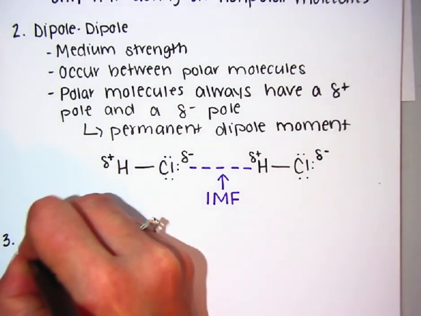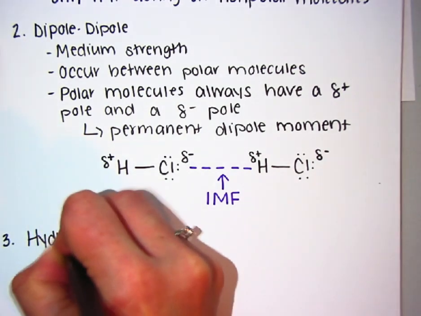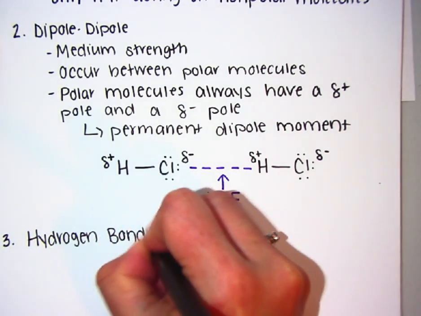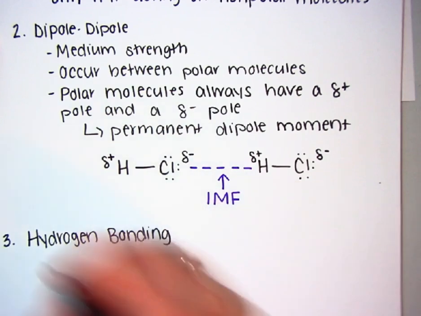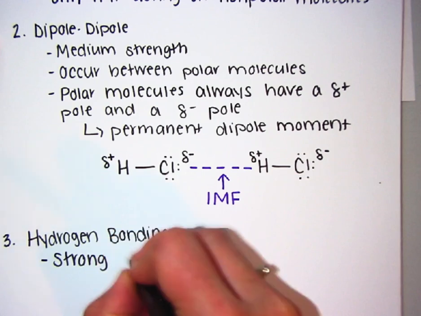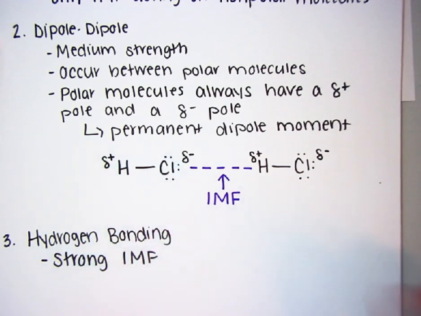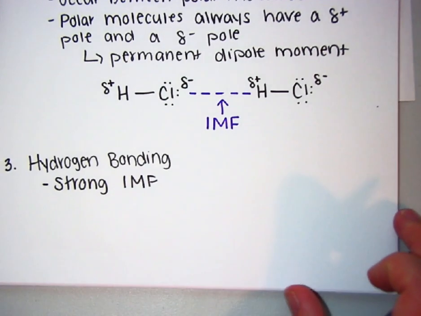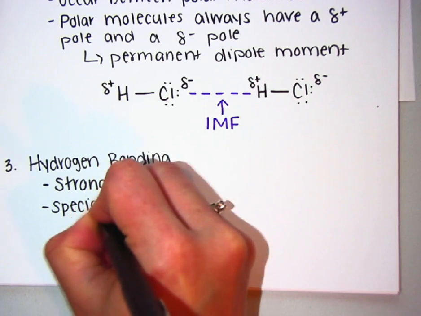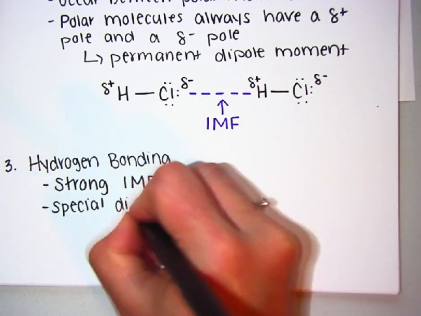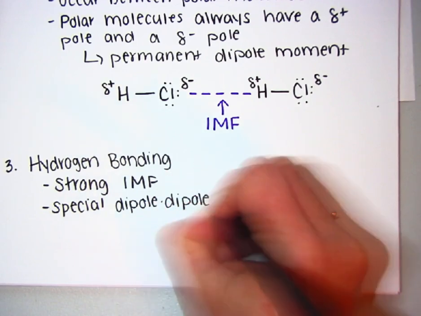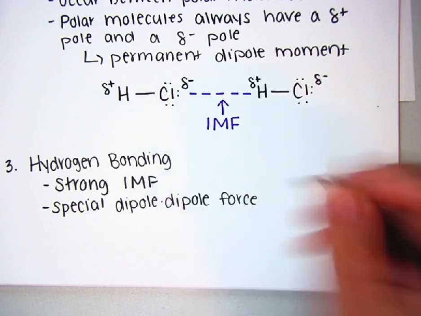3. Hydrogen bonding. We're increasing in strength, so this is a very strong intermolecular force. It is stronger than dipole-dipole. Hydrogen bonding is a type of dipole-dipole force. It is a special dipole-dipole force